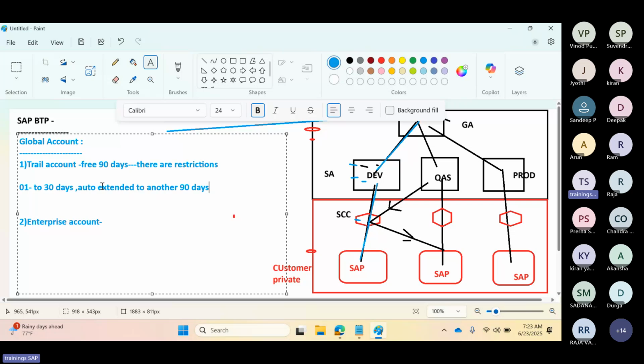If you want to explore BTP without a time limit, or there is a time limit